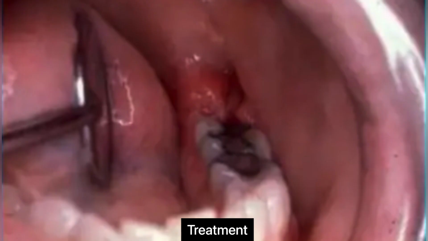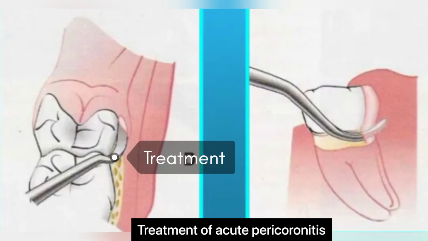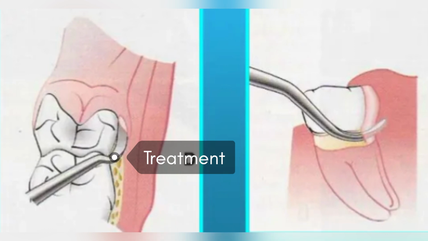The treatment of pericoronitis depends on the severity of the inflammation and the advisability of retaining the involved tooth. For persistent symptoms, the free pericoronal flap should be removed as a preventive measure against subsequent acute involvement. Treatment of acute pericoronitis is gently flushing the area with warm water to remove debris and exudate. Apply an antiseptic after gently elevating the flap from the tooth with a scaler. Antibiotics can be prescribed in severe cases.